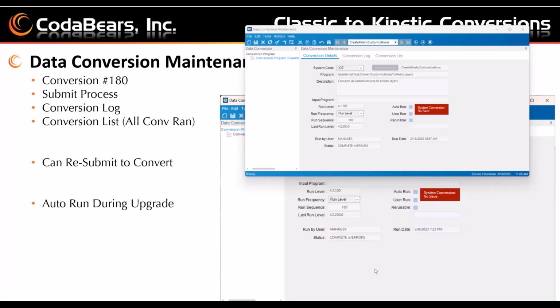Once the customization is fixed, can you export it? Yes. You can export any of your files through a solution and then import that into the next version. So if you do your first upgrade to a version of Kinetic, go in and fix your customizations, export these into a solution. When you do your final migration, just import that solution file and you don't have to go